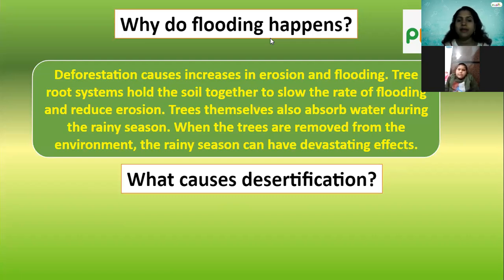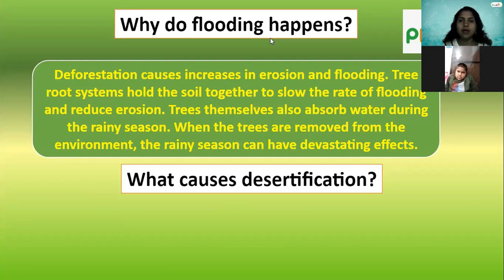If there are fewer trees, see how the tree roots are holding the soil. Can you see? The tree roots are holding the soil very tightly. So when a flood is coming, what happens? If trees are not there, it will wash out the soil. So trees can reduce the flood and reduce soil erosion. So fewer trees means more soil erosion. Is this clear? Yes, ma'am. Understood the concept very well. Okay, so this is the last one.